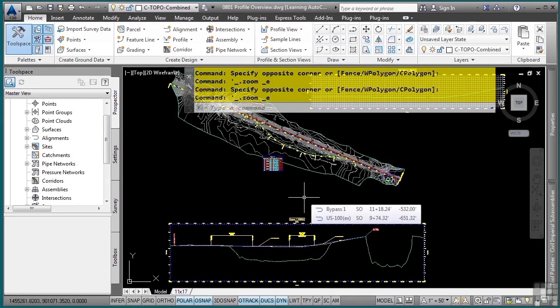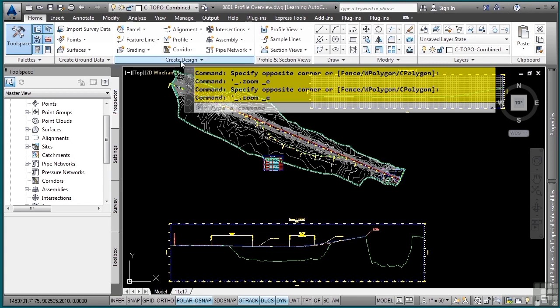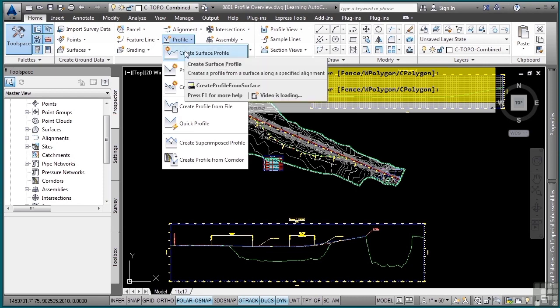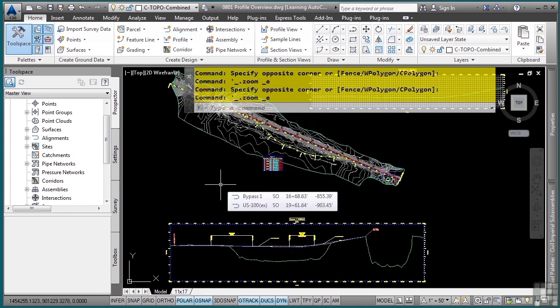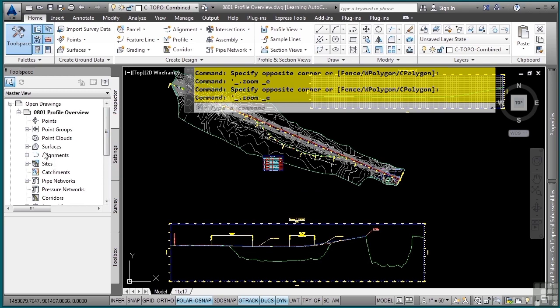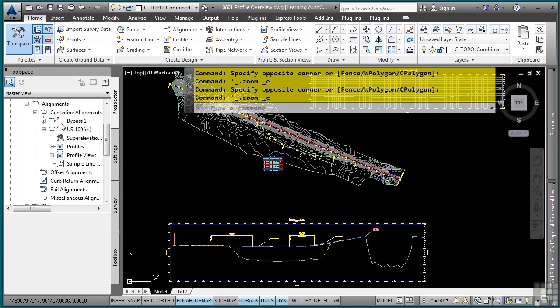Civil 3D provides similar creation tools to creating profiles as you have for alignments. The creation tools for profiles are located in the Create Design panel, Profile, and then Create Surface Profile, as well as Profile Creation Tools. Profiles are stored in the Prospector tab and are children of your horizontal alignment. So if we navigate to the Alignments category, I've got Bypass 1 and US 100 existing, and as you see